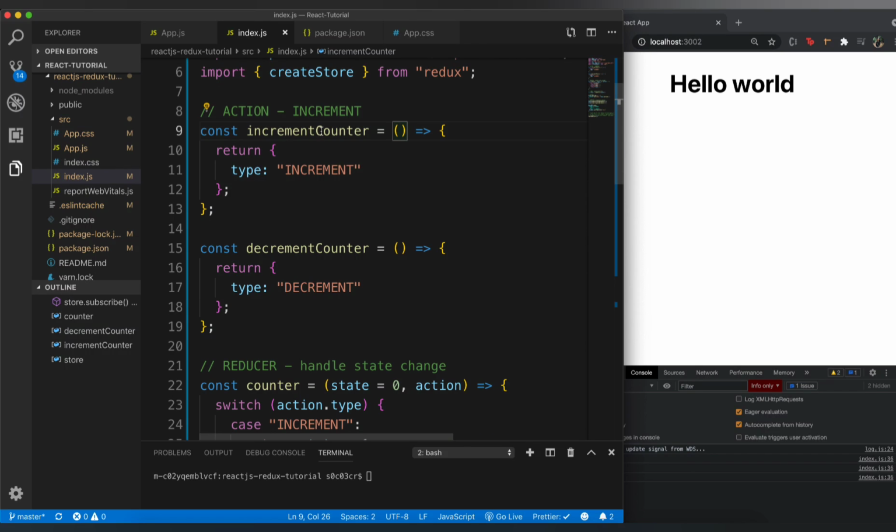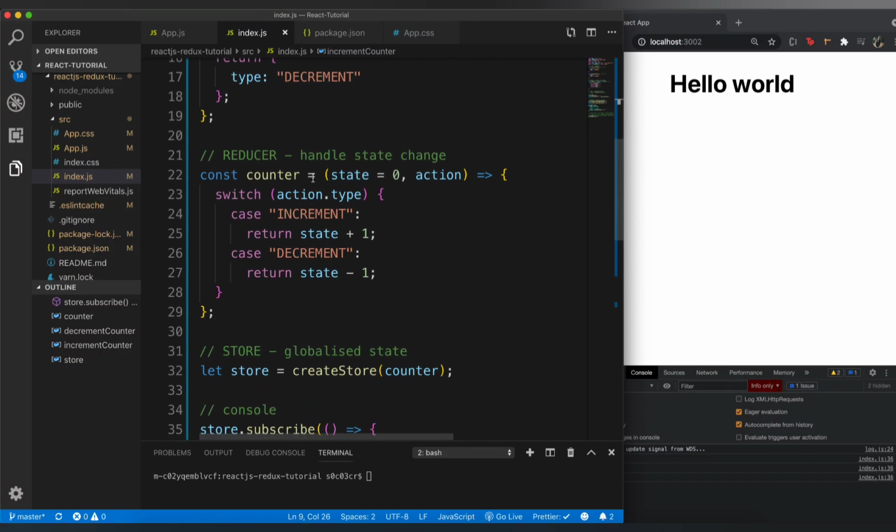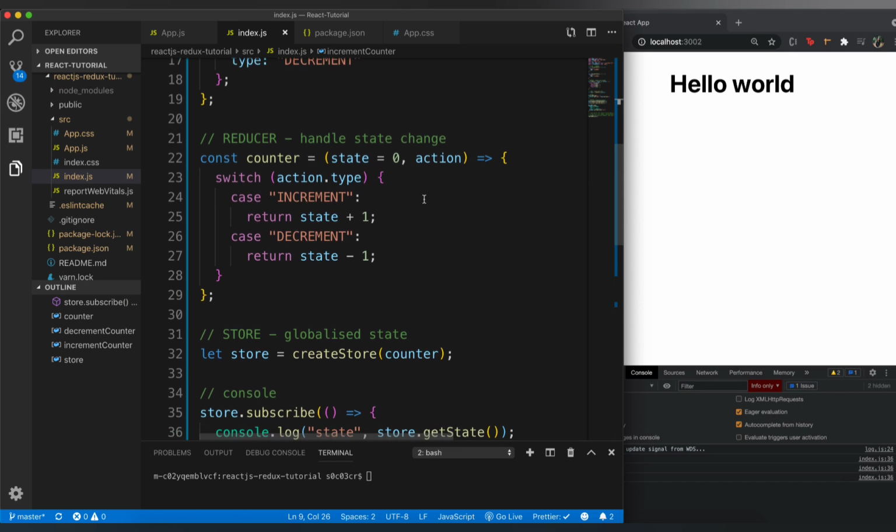From this action, the control is going to go to the reducer, right? I have already dispatched the action and I have also told what should be the type of my action. From here, the control comes to the reducer. Reducer will obviously tell what is the initial state of your particular reducer, which is counter reducer, state is 0. And it also takes another argument, which is an action, right? So it basically checks between the different actions and takes the appropriate action.